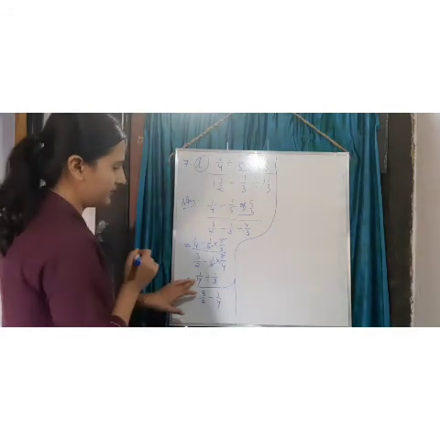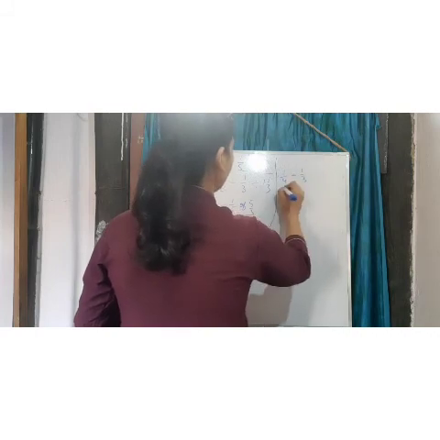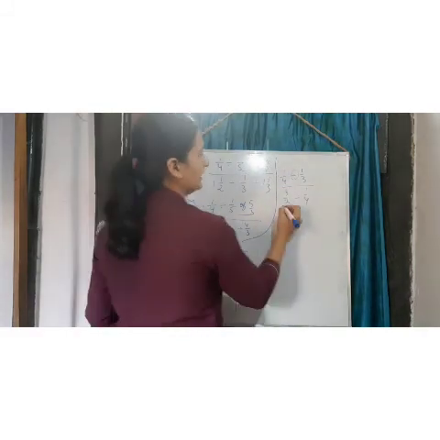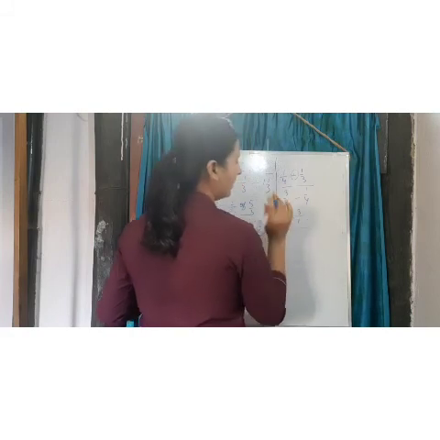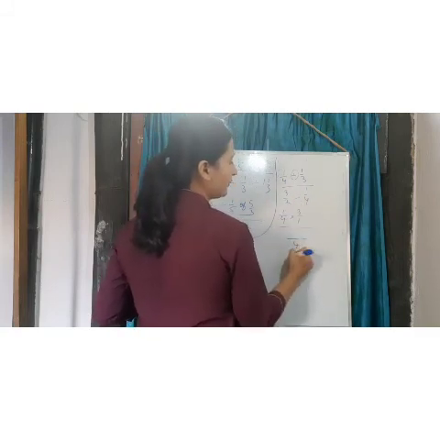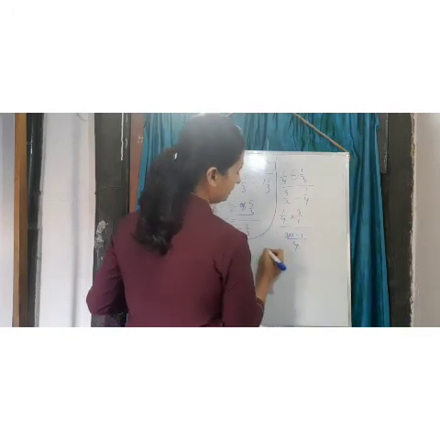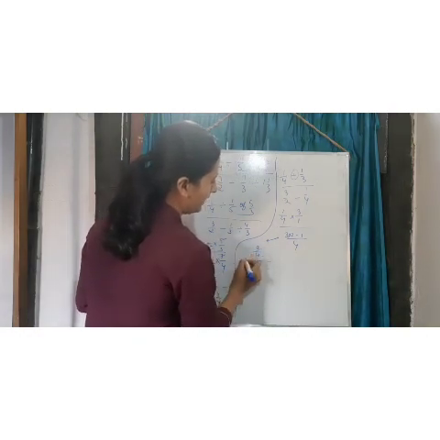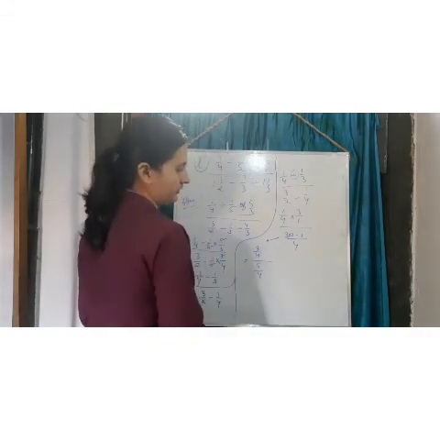Now, let's do the next step, okay? So 1 by 4 divided by 1 by 3, over 3 by 2 minus 1 by 4. Now, what we have to do is change this. 1 by 4 into 3 by 1, okay? Or you can just simply write 3. Then here 2 and 4, we have to take the LCM. So 4 is the LCM. 2 2s are 4, right? So 3 into 2 minus 1. Here, okay? So 3 by 4, and 6 minus 1 is how much? 5 by 4. Got it?